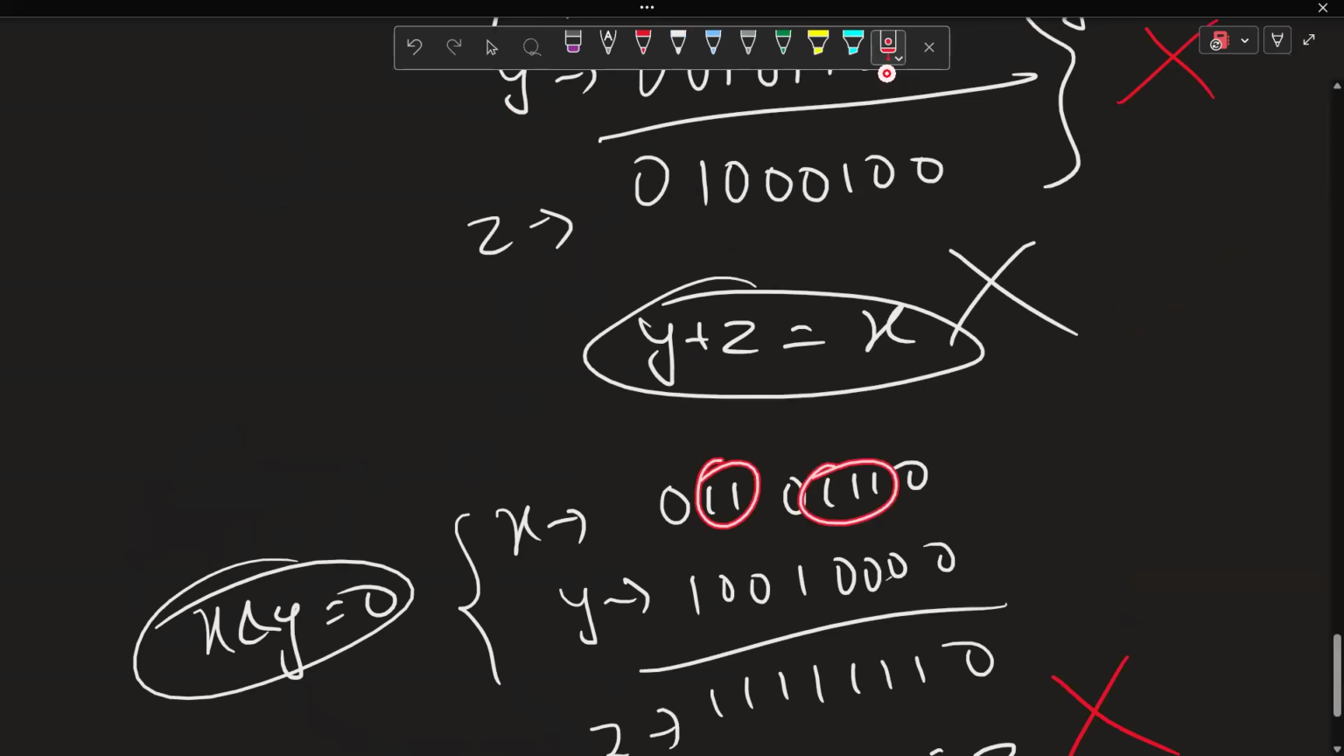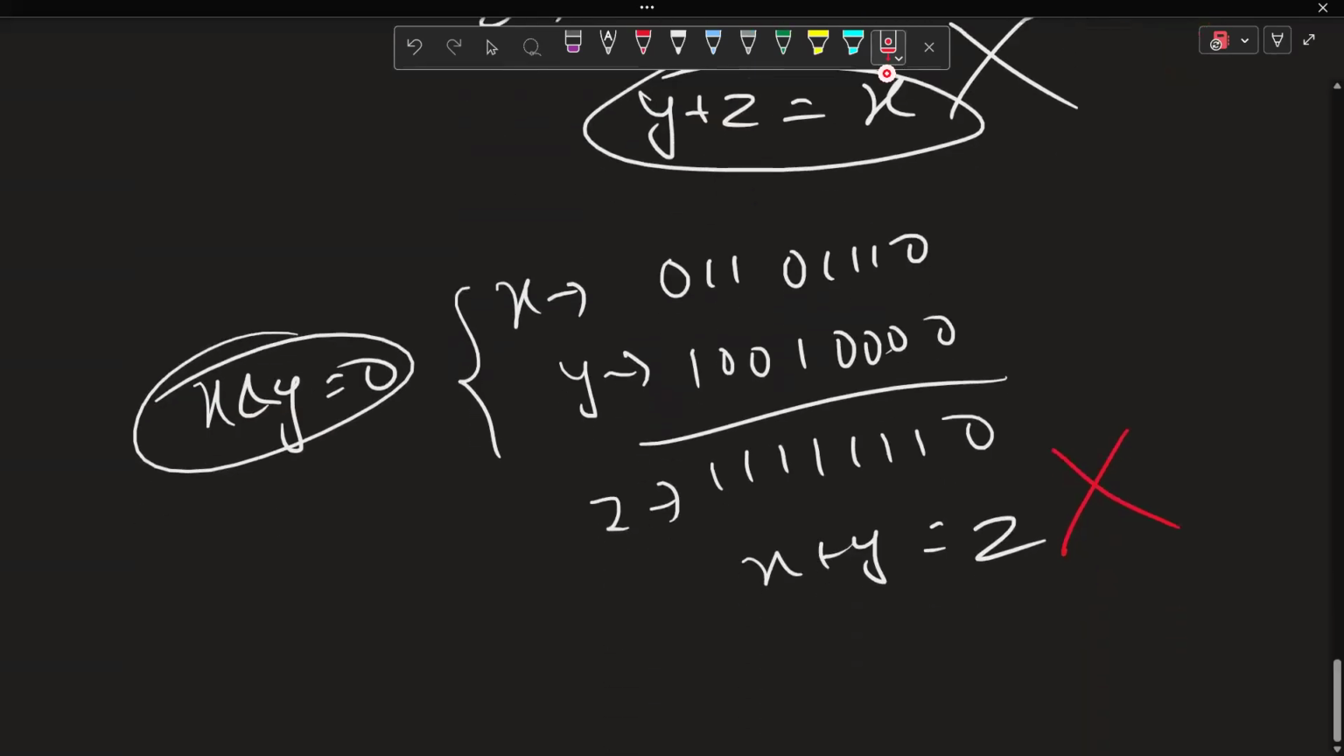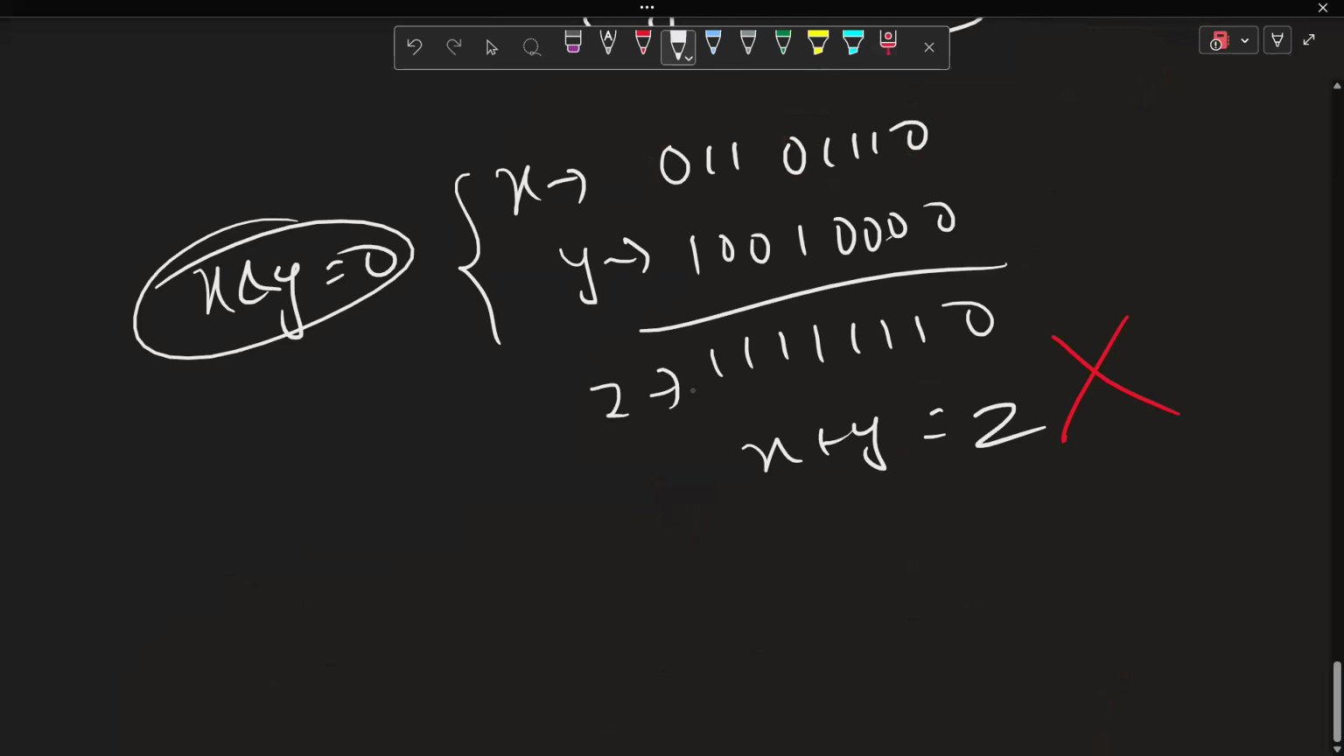Among the set bits in x, in that y some of the set bits should be such which are in the set bits of x, and some of the bits should be such which are in the unset bits of x. If I have a combination of both of them, then definitely I would have a degenerate triangle. Like if you have some x like this